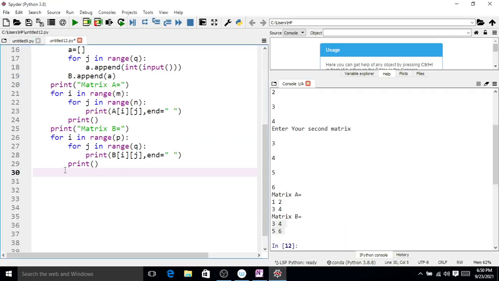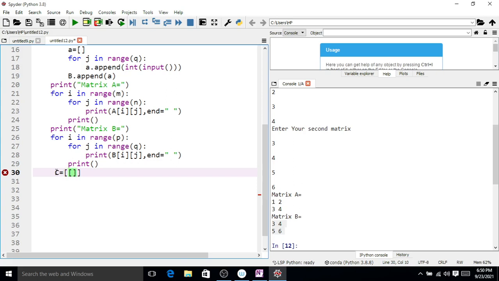So here first we want to create one matrix C[i][j]. So capital C is equal to the dimension of the new matrix, m into q.